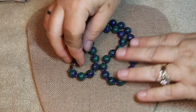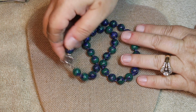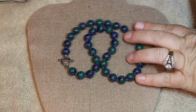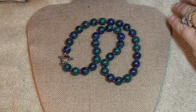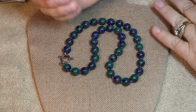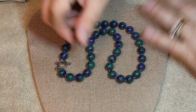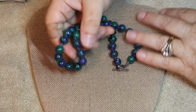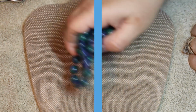So we have this. And then we ended up with these. And after looking and looking, this has got a 925 clasp on it. And the toggle and the system here is 925. These look like lapis and chrysocolla, and even the lapis has pyrite in it, so I want to say these are not reconstituted, they're not synthetic. I'm going to say these are real. I don't know, but they're gorgeous either way. So we have the